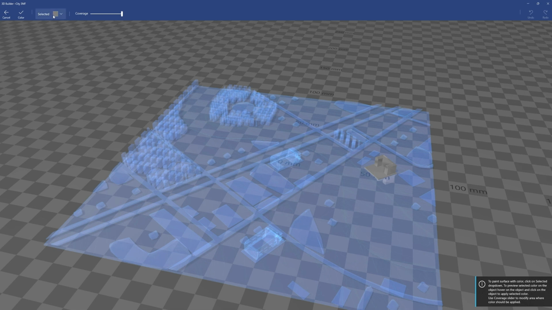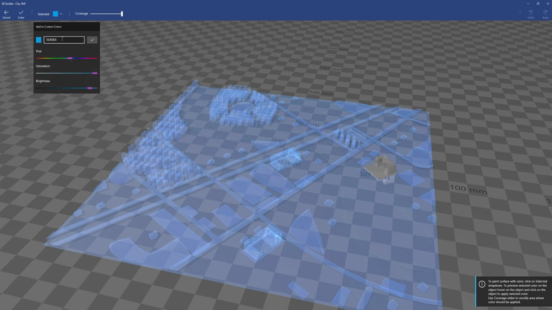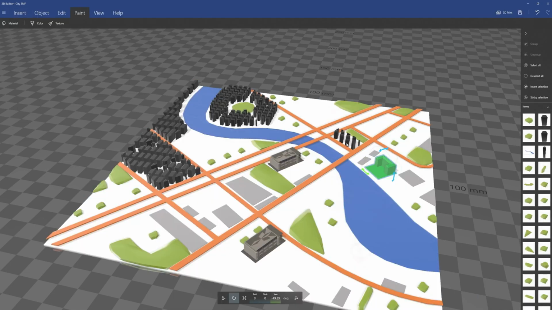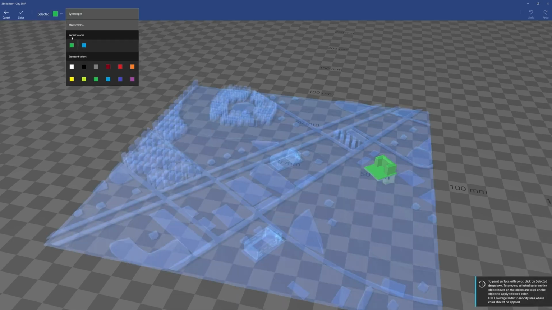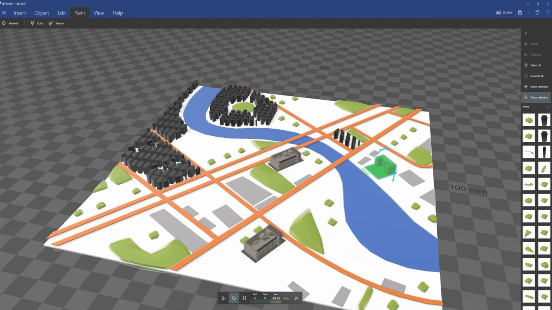Here I'm going to give the 3D model a color. I prefer to give it a color that is different from the colors that already exist in the map, to make it differentiated. So I'm going to try multiple colors first, the green and the blue. Maybe I'm not sure which color is suitable for this building, but I think if I give it another color like orange or red or purple, for example, it will be more appealing